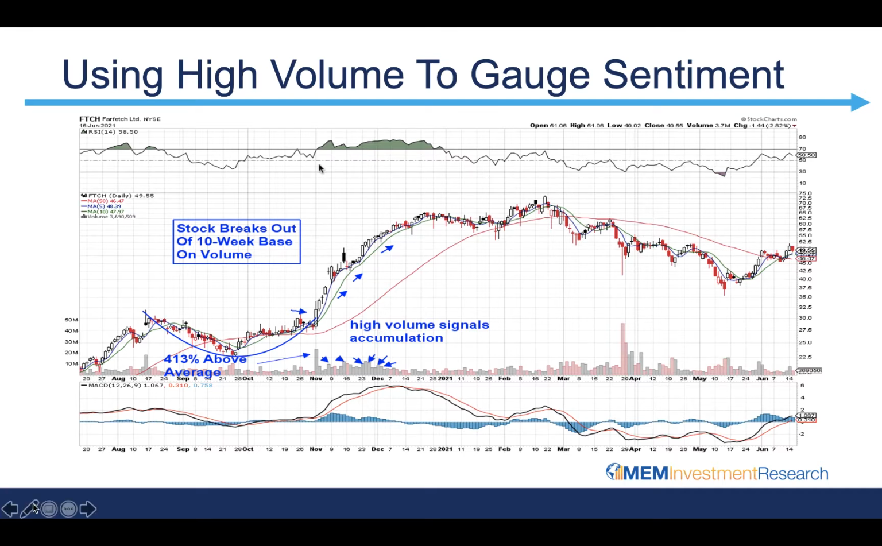This was a big one of many winners for my MEM Edge report. And I'm pointing out here, this is the end of 2020 when FTCH broke out of this lengthy multi-month base. Take a look at that volume. Now, we actually added the stock to our list just before that. It did pull back, but this high volume day gave us that real confidence to put it as a strong